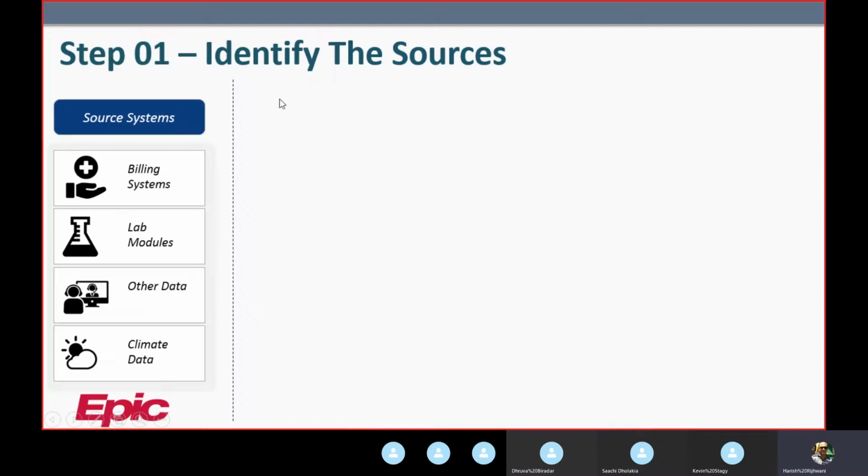So yesterday, we looked at the source systems. The first step, whenever you want to do any kind of data analysis or analytics, is to identify the source systems, where you are getting the data from, and what kind of data you are getting. You need to know that. If you have a billing system or a lab system or a banking system or a retail application, what kind of data or information are you getting from there? If you're getting 1,000 fields, all 1,000 are not going to be important to you. You might only want 100 or 200 of those elements.